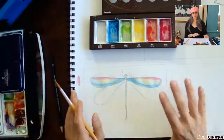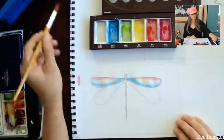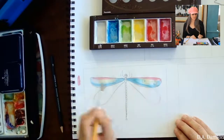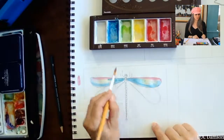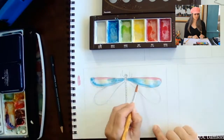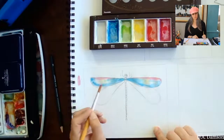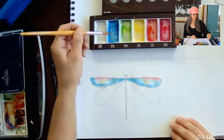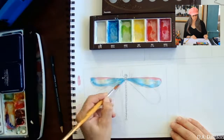Now when I'm painting like this, honestly that looks a little bit like a flag. So let's make it less flaggy. I'm going to add a little more color and break those lines. This is something we should watch for, making sure we don't get too predictable in layering the different colors. So I'm going to go around and do a V,